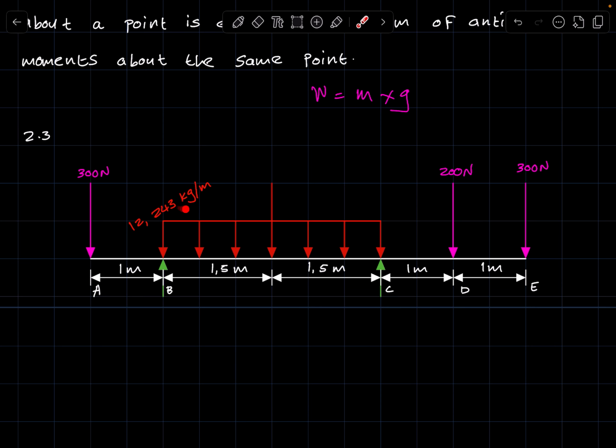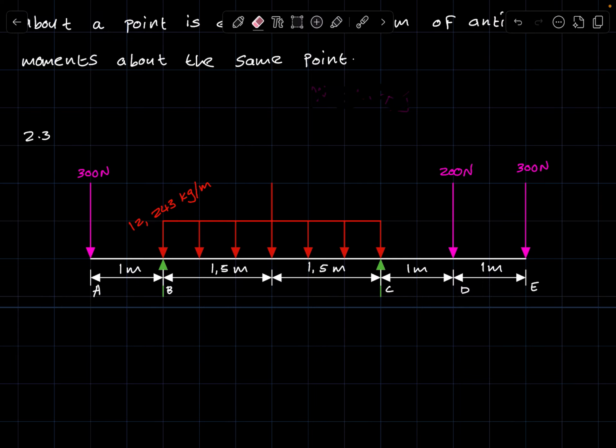So similarly with this one, to convert this into its weight component, you have to multiply this by g, and then to express this in terms of newtons, you have to multiply this by g, and then to convert this into its weight component, meaning to get rid of this m, which is in meters, you have to multiply this by the span of the beam. So by that I mean,